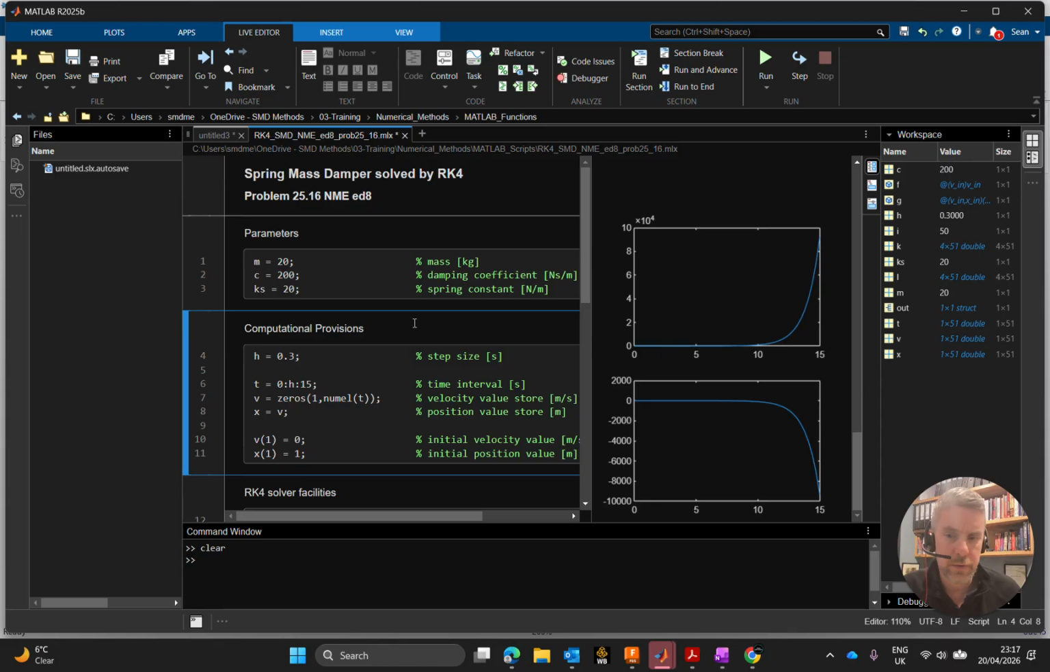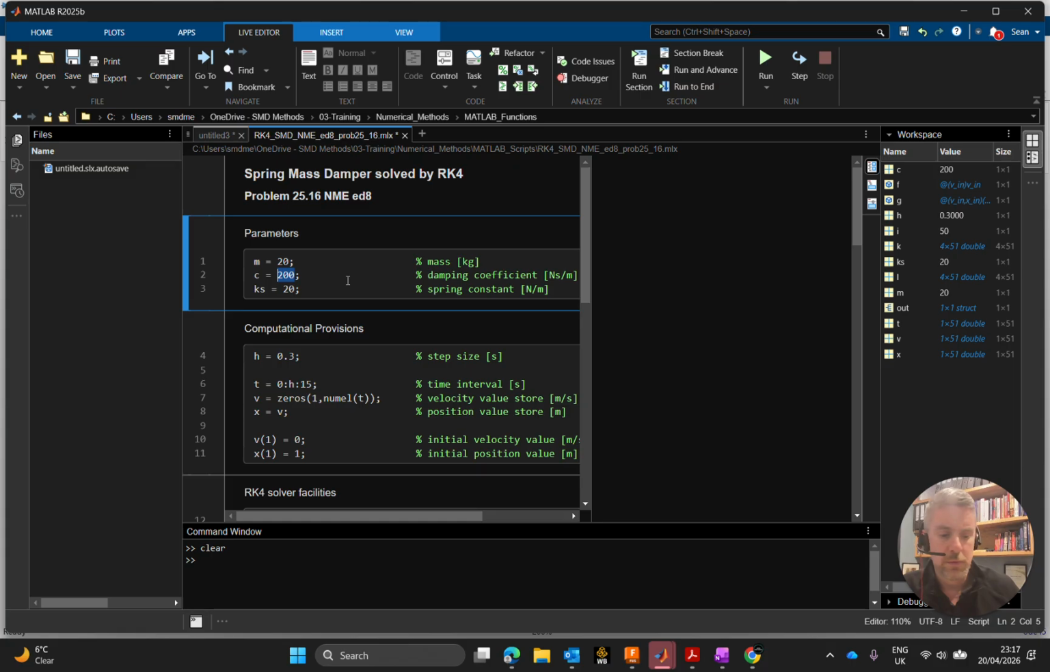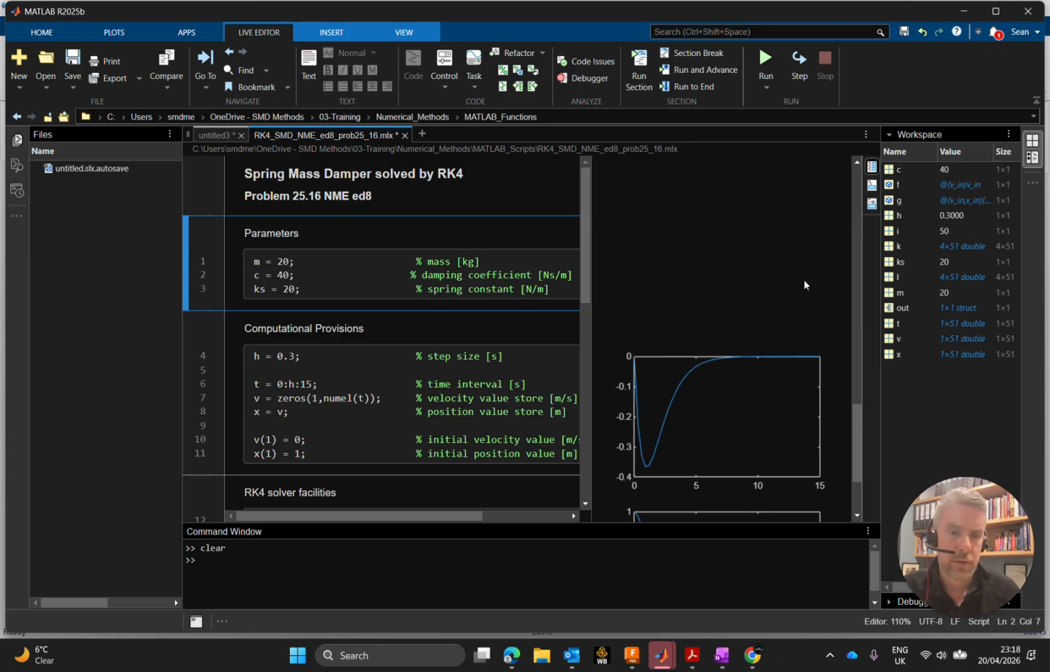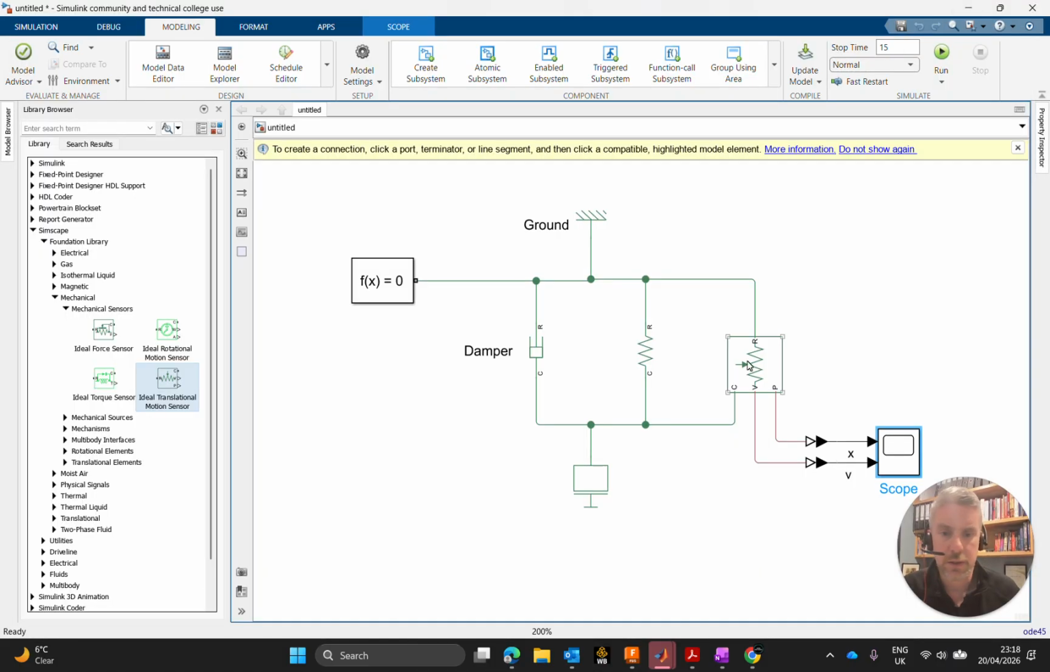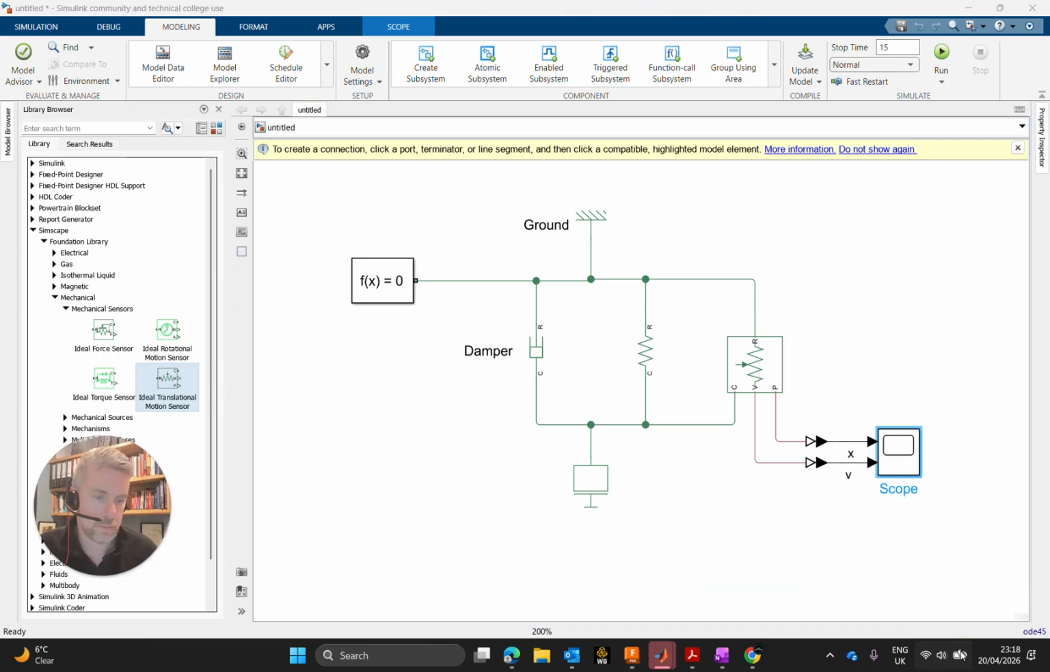At 0.3, C is equal to 200. Put C back to 40 for this one here. And we're back to that again. So that's at 0.3 as a step size. If I bring this here to